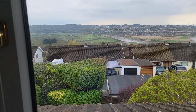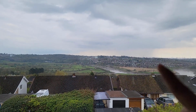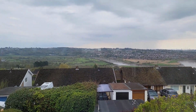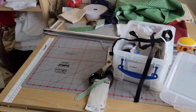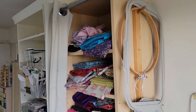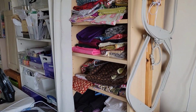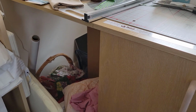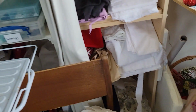Another window that looks out over town. This is the view you've seen from me the most, but this is what it's like from upstairs. And then this is Jean's cutting table that she can open up or fold down as she sees fit. She's got her hoops here, a light there that reflects onto her cutting table. More storage underneath the cutting table a little bit, and then baskets. And then a shelf of her